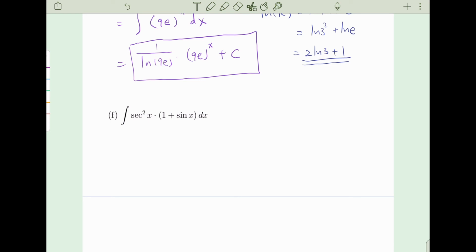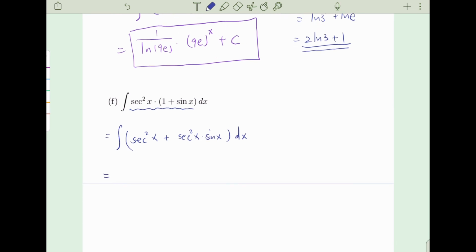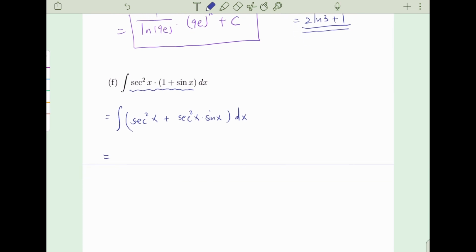So for this question, we're going to simplify the inside expression here. We multiply through the brackets first: sec squared x plus sec squared x times sine of x, dx. And that is equal to